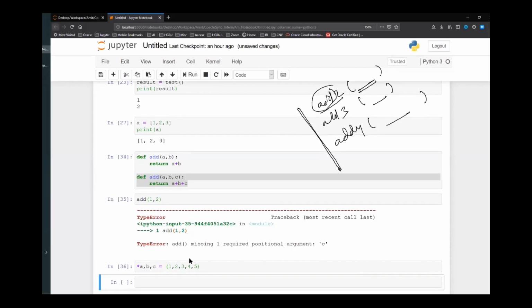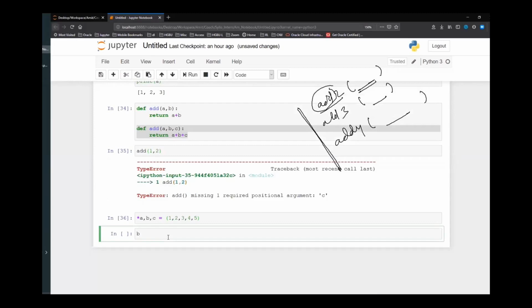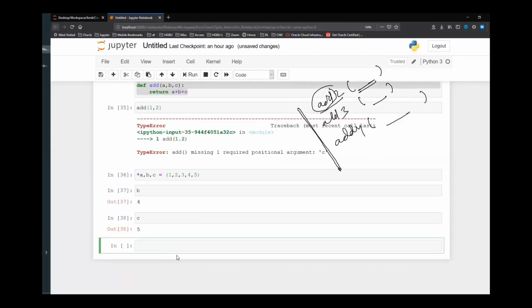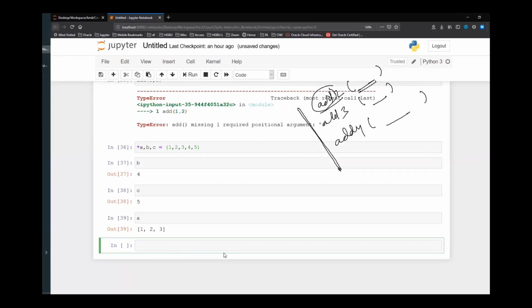If I run this, B will be 4, C will be 5, and if I say A, it will be 1 2 3. So what it is doing is, I'm trying to unpack 5 values into 3 variables, but I have given a star here. So this star suggests that whatever is there, like here I have B and C, which can hold just a single value.